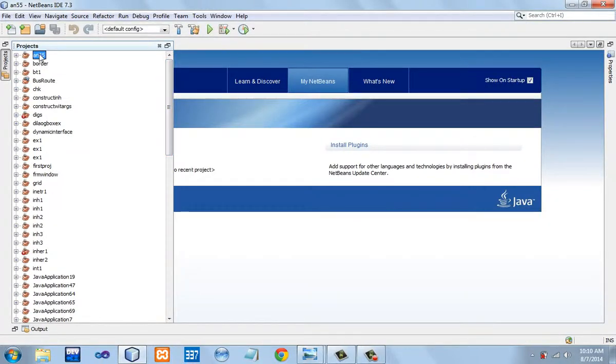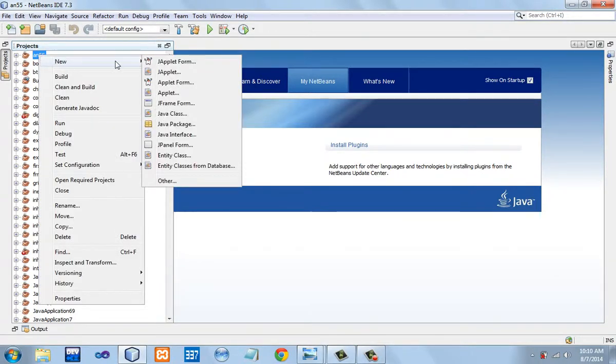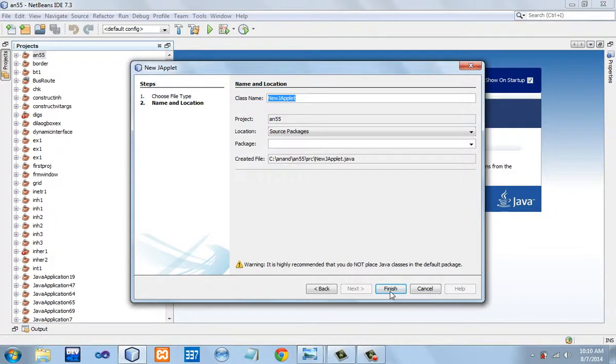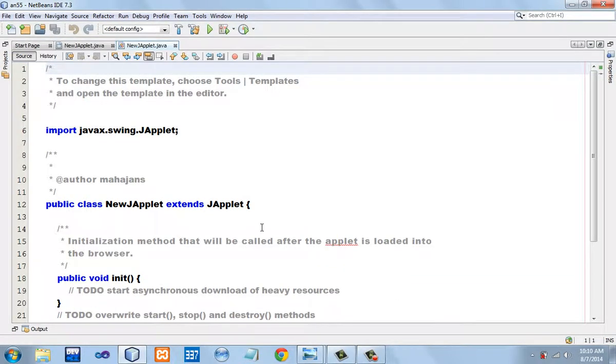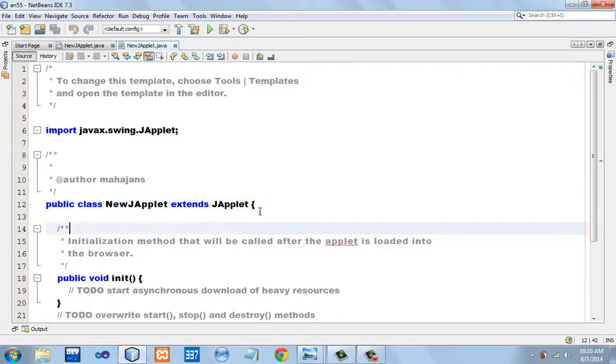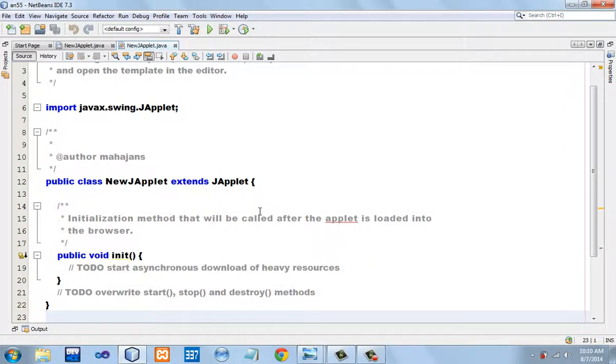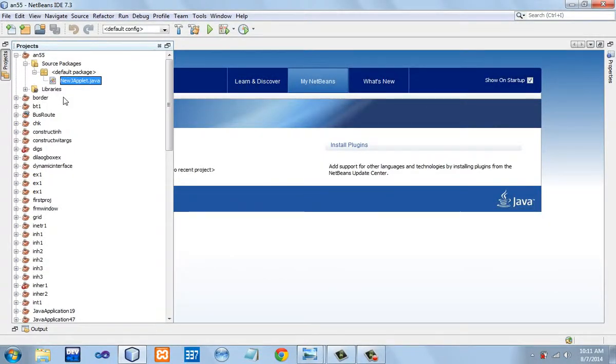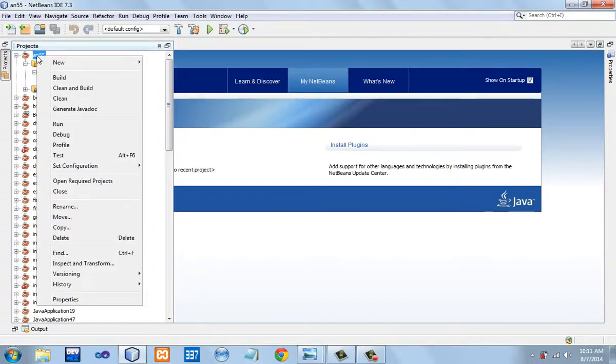Go to the project AN55 in the projects window, then right click, go to New, then you can go to JApplet. When you go to JApplet, that means you are going to write down the whole code yourself without using the palette window. So you won't be dragging and dropping the swing controls in the design window. But I am going to tell you how we can use the palette box in swings. So I have discarded the option of writing the code,